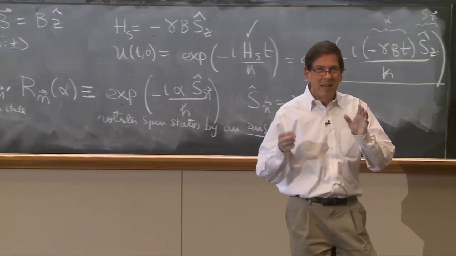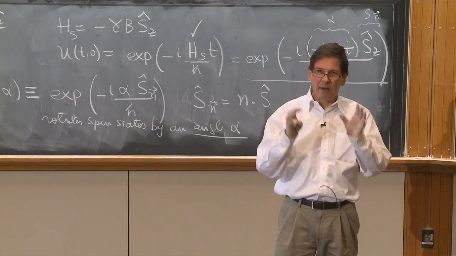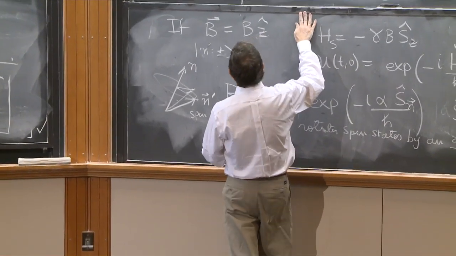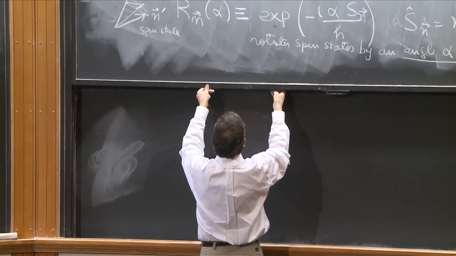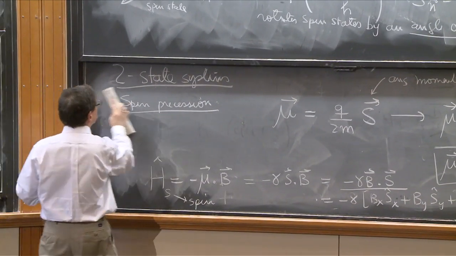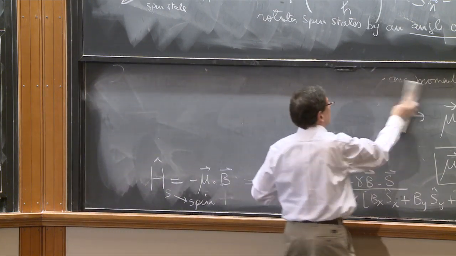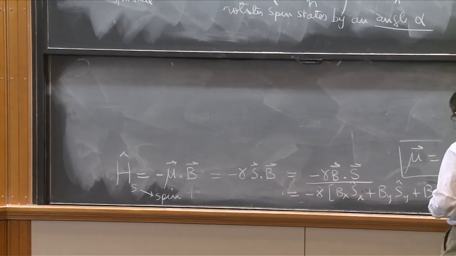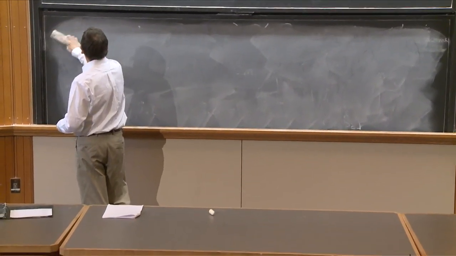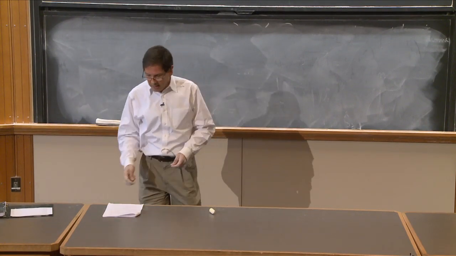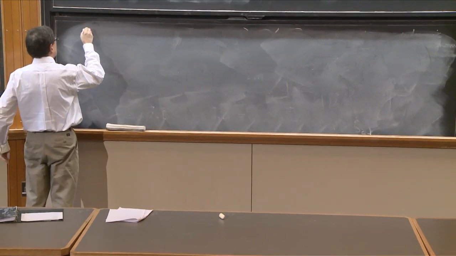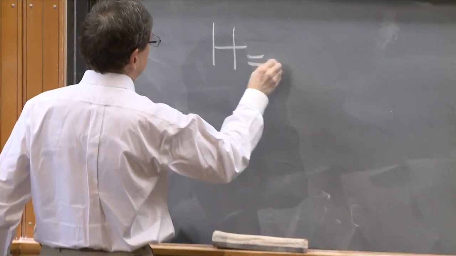But I want to go one more step in generalization. It's a simple step, but let's just take it, so that you see even more generally why any system can be thought of as a spin system. And this is quite practical. In fact, it's probably the best way to imagine physically the effects of any Hamiltonian. So, let's consider time-independent Hamiltonians, the most general Hamiltonian for a two-state system.